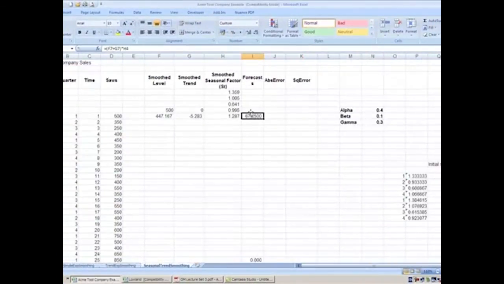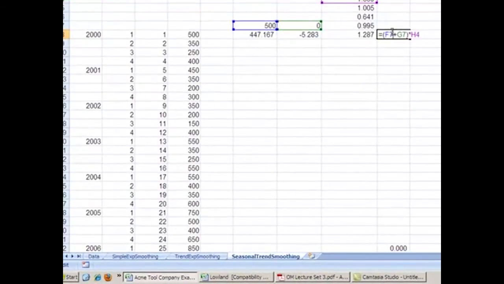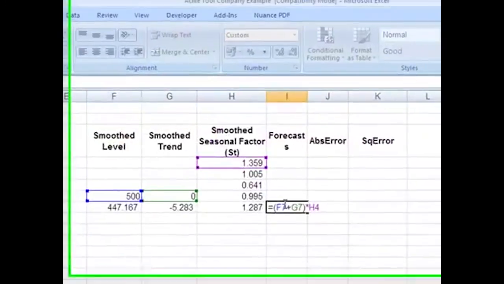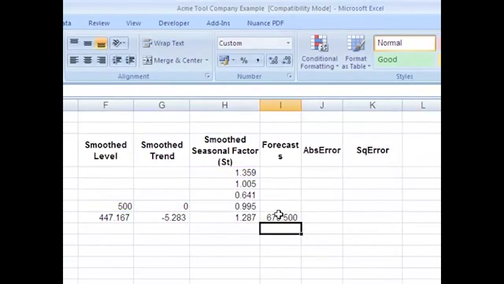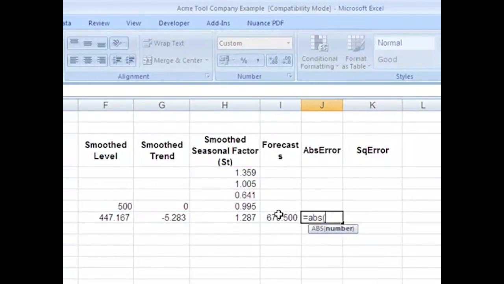For quarter data, then it's 4 quarters before, so the same quarter in last year. The absolute errors simply equal the absolute value of the difference between the observed and what's predicted for the current time period. So square